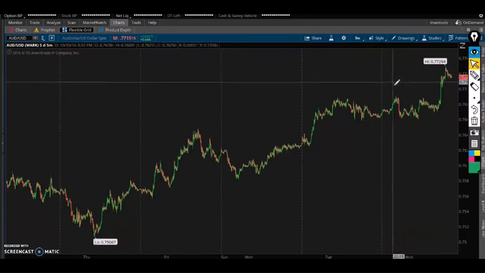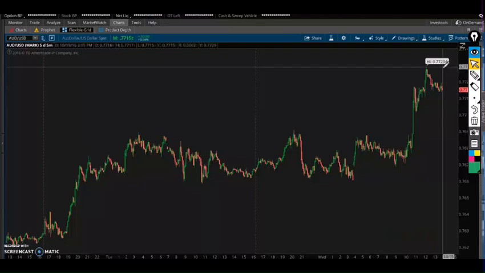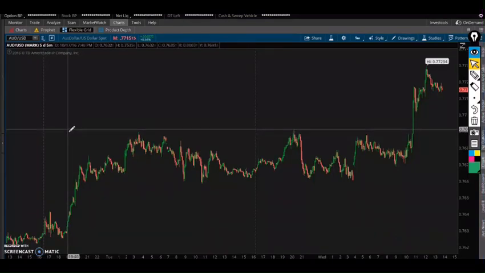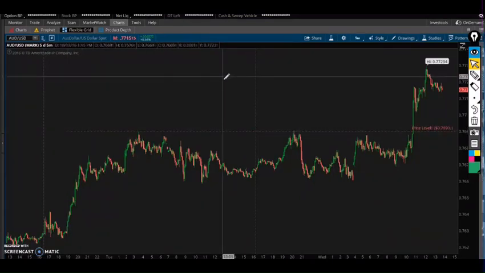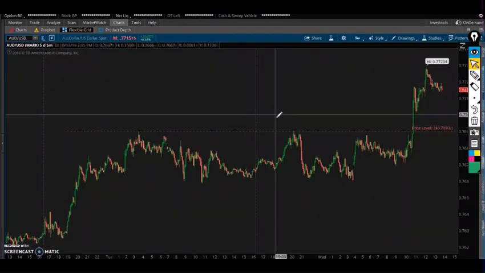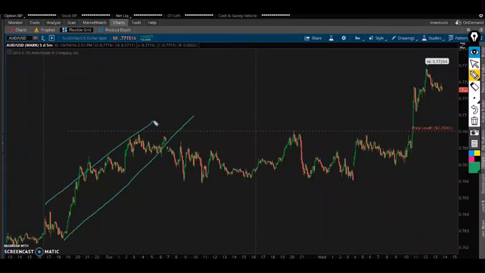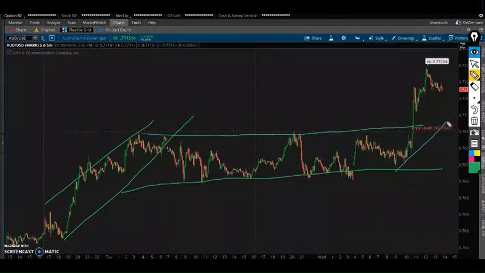So let's go to that trade that I originally started with as an example. So even on the 5-minute chart, it's pretty clear to see market sentiment. We've got up, we've got sideways, we've got up,